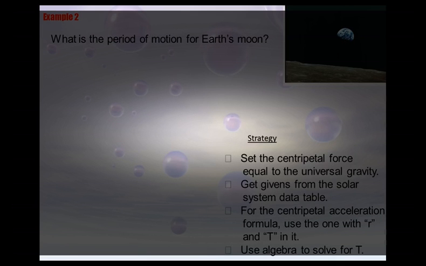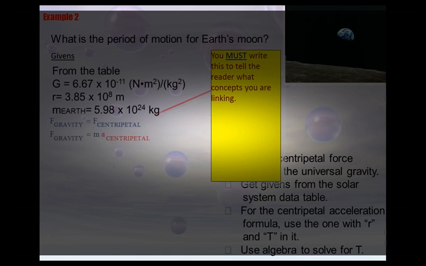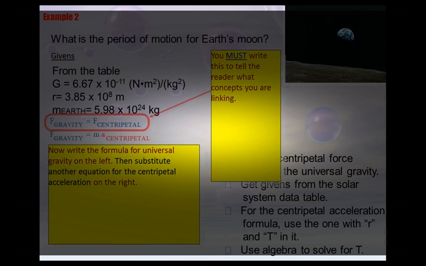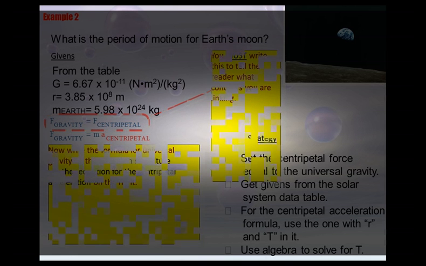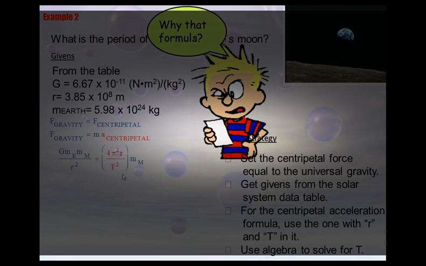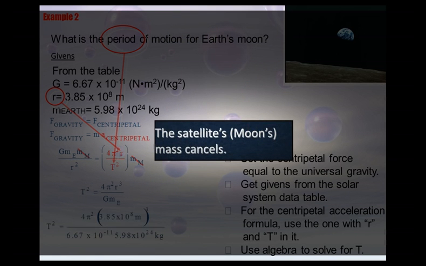So you're going to use the equation for centripetal acceleration that has both r and t in it. In other words, a equals 4 pi squared r over t squared, and solve for the period t. List your givens. Then you write the formula for universal gravitation on the left and the formula for centripetal force on the right. And when you do that, here's what you have. Again, you use this one because it's the one that has r and t in it. They're asking for period, and we know r. And again, the mass of our moon cancels because it's in both equations. It's what's being swung around, so the motion should be described by what creates the big gravity well, which is Earth. So then you plug in numbers, and you solve for the period, and you get this many seconds,